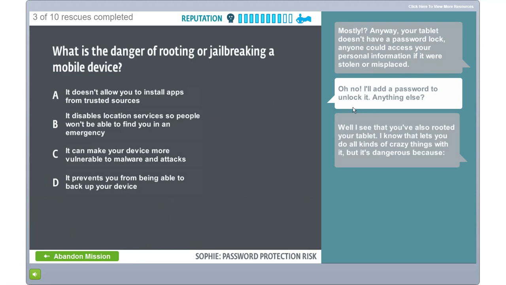Oh no, I'll add a password to unlock it. Anything else? Well, I see that you've also rooted your tablet. Oh, smart person. I know that helps you do all kinds of crazy things with it, but it's dangerous because rooting your device